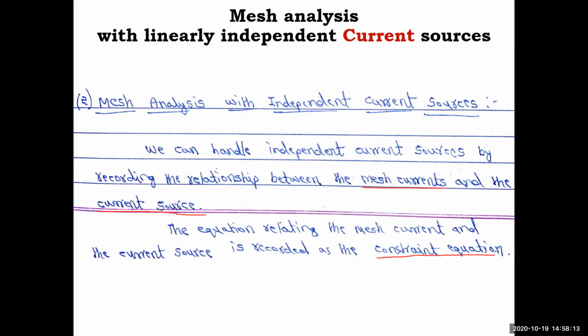So always remember, to solve three unknowns you require three equations, but in this case instead of writing the mesh equation you will get a third equation as a constraint equation, so that your unknowns reduce to two maybe. So that is how this is a variation. The first step was general. So now we are seeing the variations in mesh analysis: if an independent current source is there, a dependent current source is there, a supermesh is there, all these variations we are going to consider. Constraint equations, we will see one problem based on this concept.